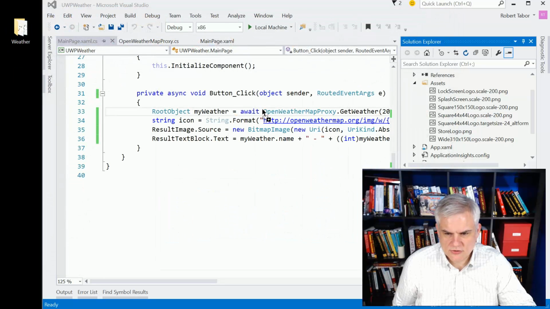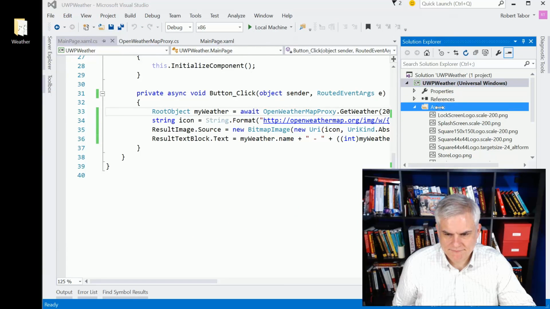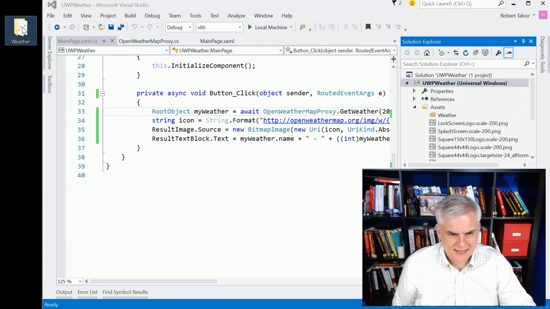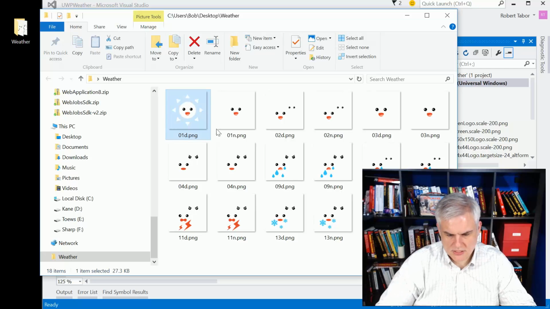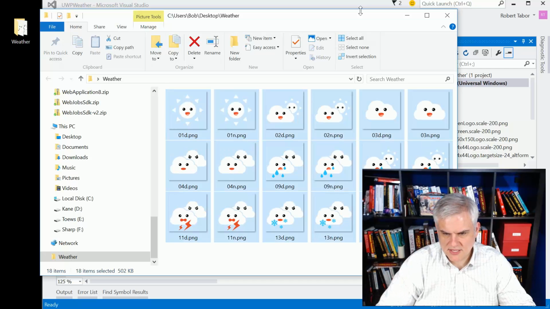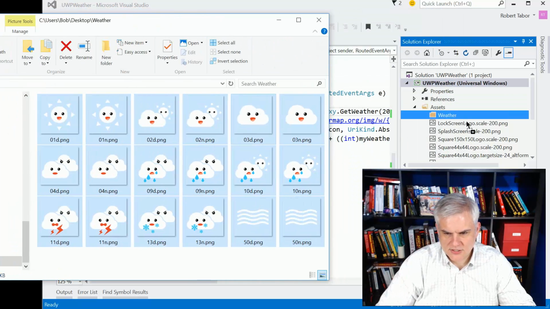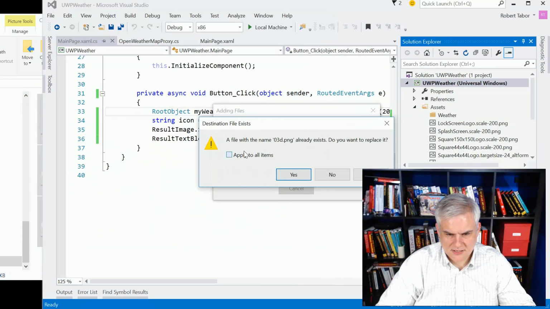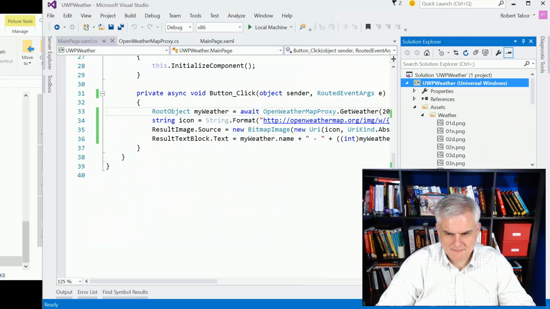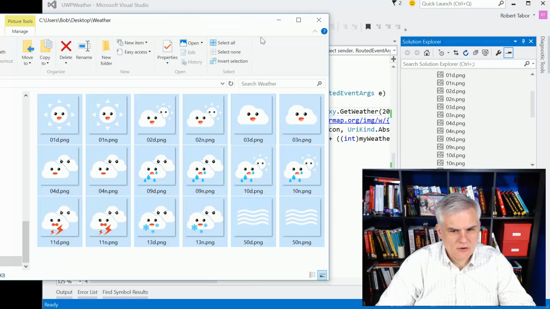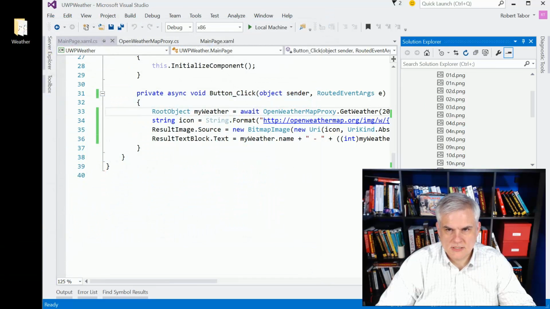So I'm just going to drag the weather folder up. Had that same issue we had last time, that pesky issue. So let's go ahead and select everything. Drag and drop. It's going to say, hey, it's already there. Yes, copy it. Okay, great. So now all I need to do